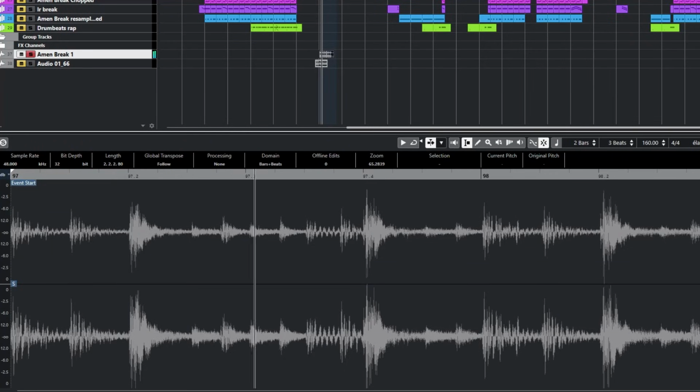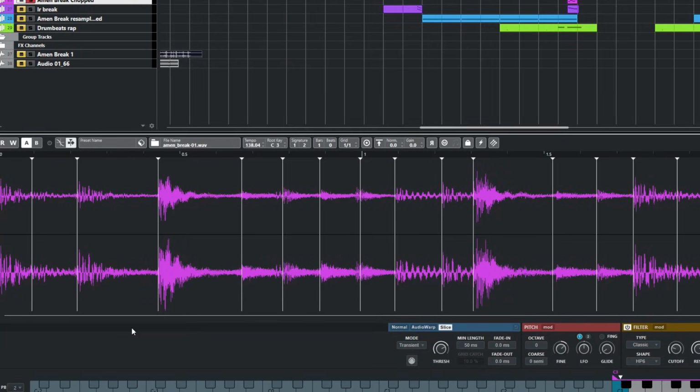Now some breaks. This means more sampling, of course. The first one is the classic Amen break. This is the original. I chopped it up and put it in the sampler. And to match the tempo, I pitch shifted it instead of time stretching. This gives it a nice lo-fi, gritty, big sound. Then it's just a matter of playing with it a little bit to come up with a cool break.